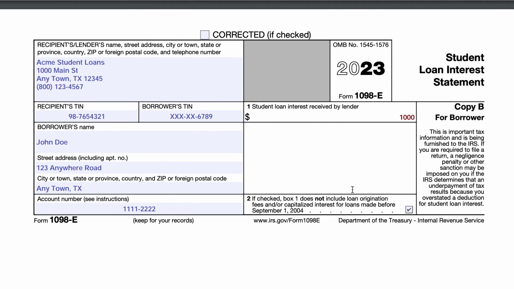Now, I do want to take a moment to clarify this because there are a couple of questions that are commonly asked. And probably one of the most frequently asked questions is, what does this tax form have to do with IRS Form 8863, which is the education credits? You use that form to calculate either the American Opportunity Tax Credit or the Lifetime Learning Credit. And the answer to this question is generally zero.